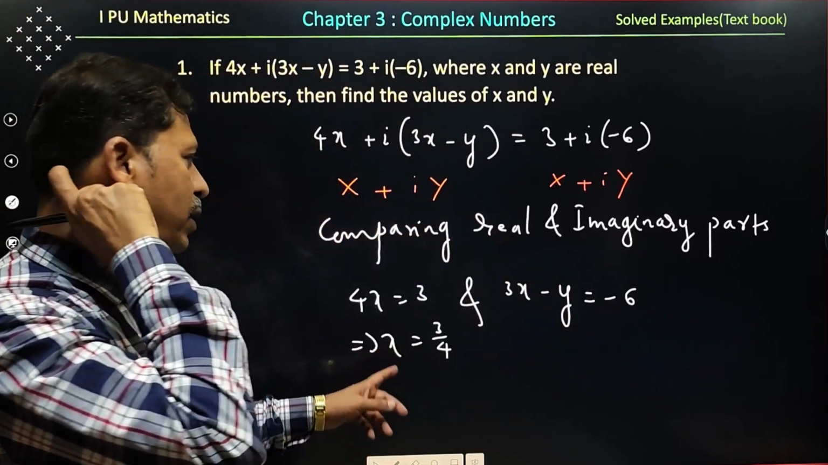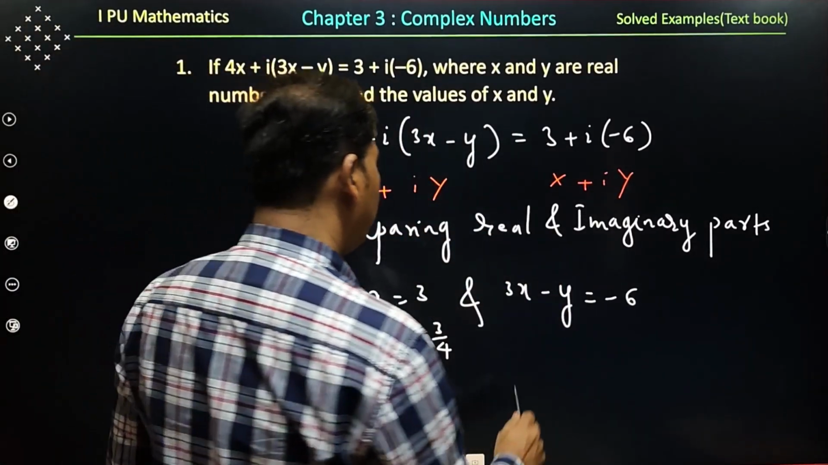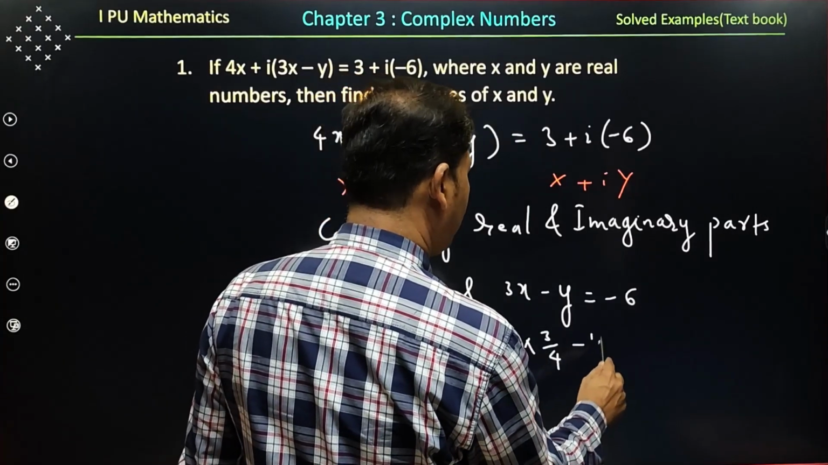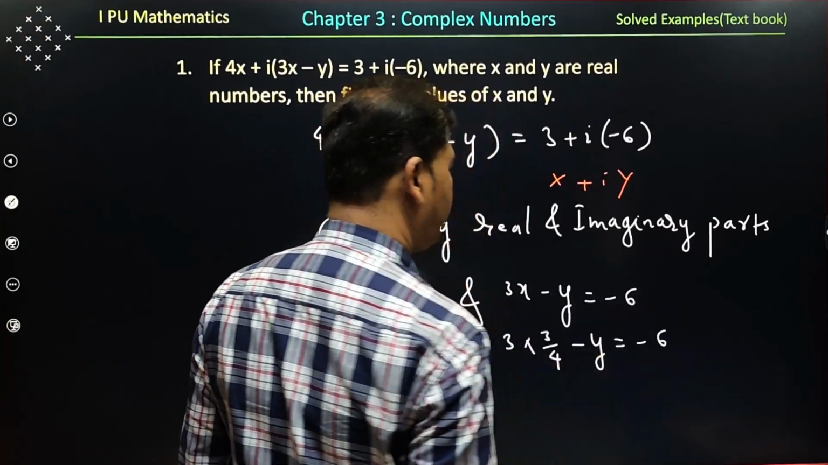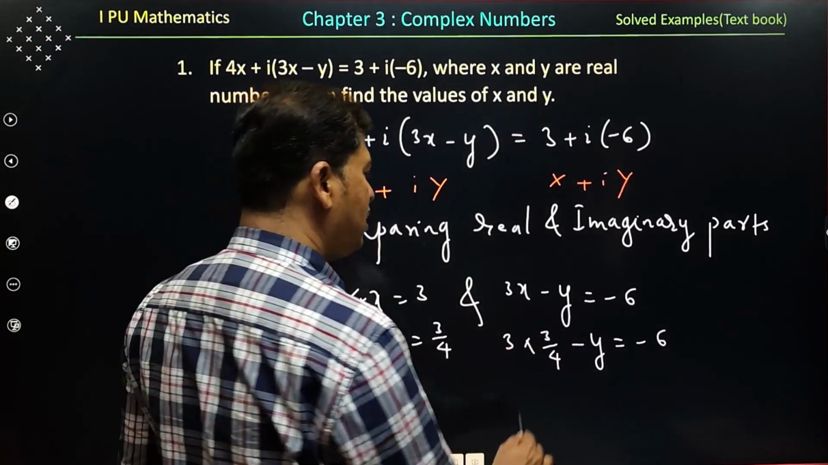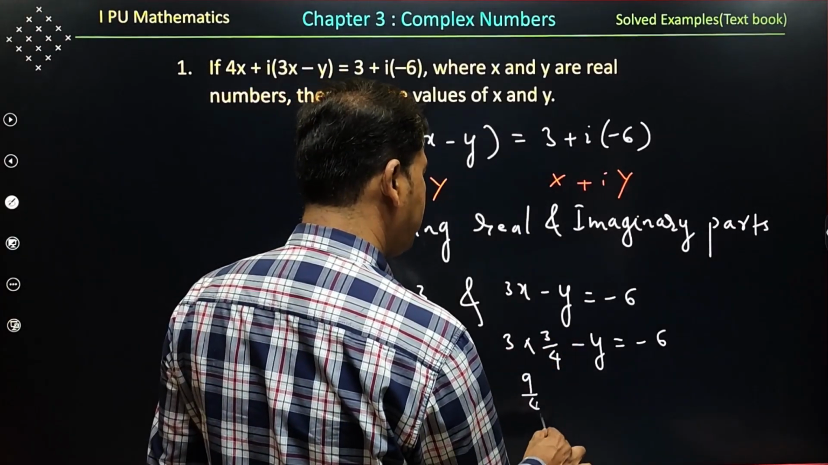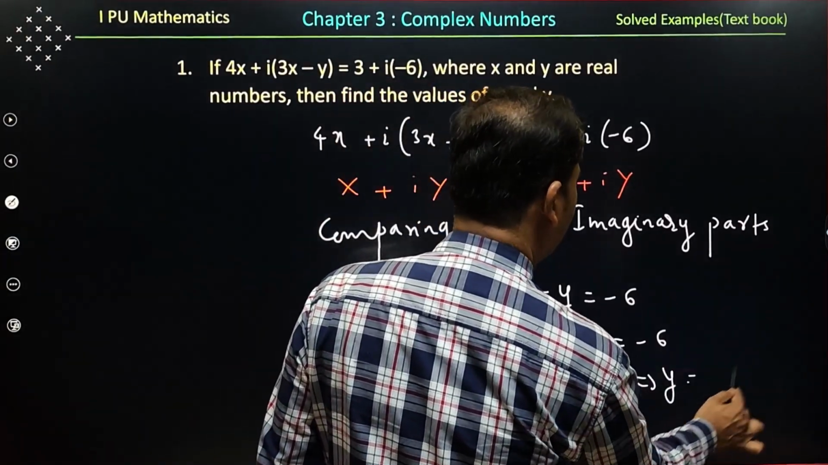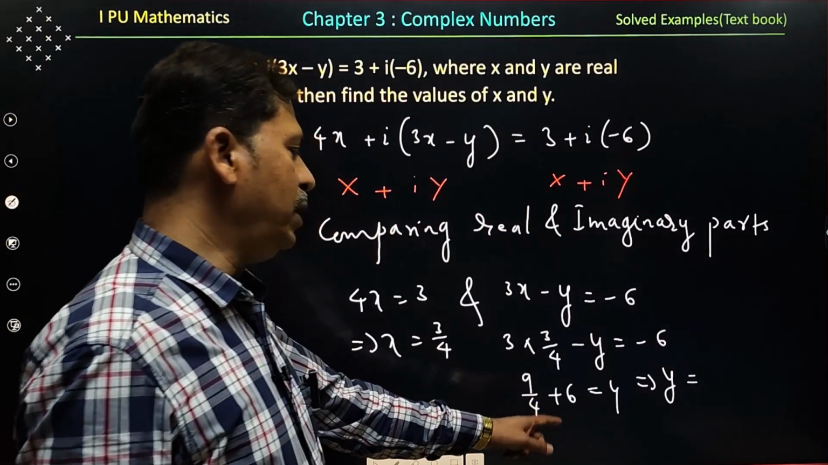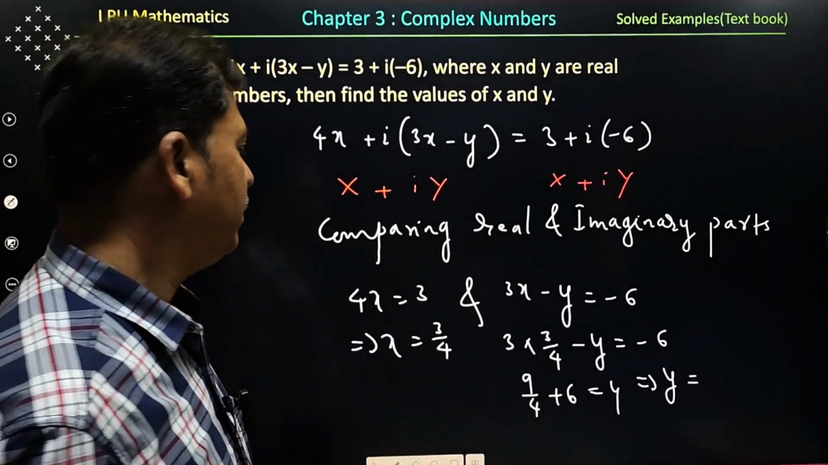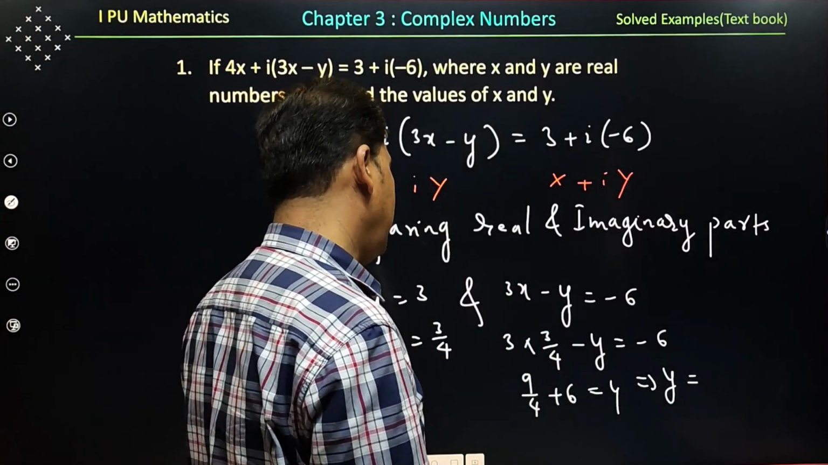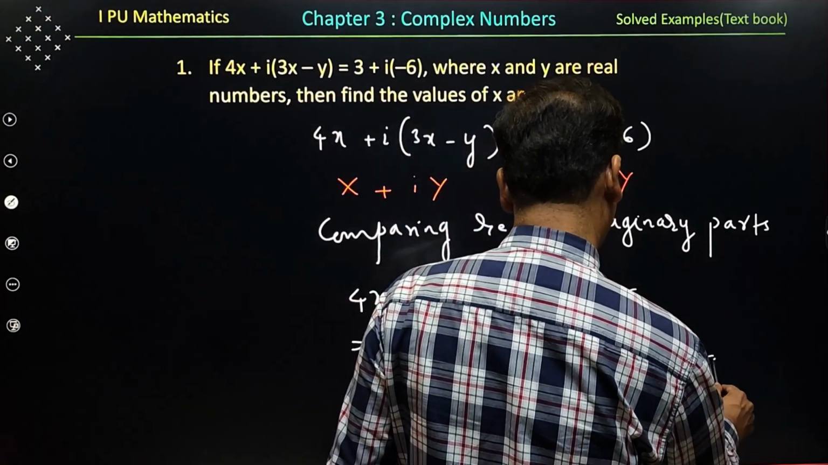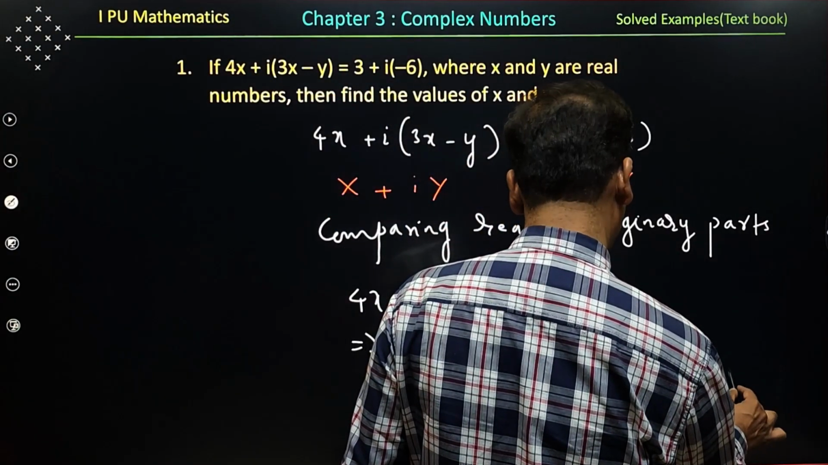You already got the value of x, you substitute here. 3 into 3 by 4 minus y is equal to -6. Shift that -6 to this side. This is 9 by 4 plus 6, equal to y. So as a whole, what are you getting for y? 6 fours are 24. 24 plus 9, how much? 33